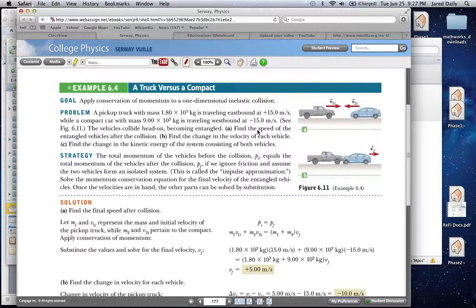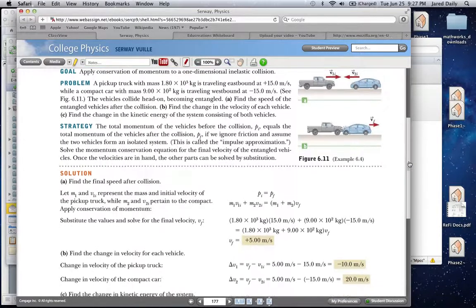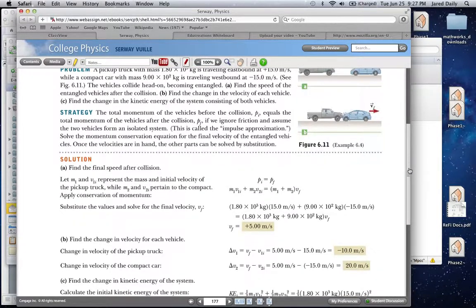Well, we assume that the truck's momentum is going to win out, because the truck's momentum to begin with is much bigger than the car's momentum, going in the right-hand direction. That's what happens. But as far as equations go, since this is an inelastic collision, they stick together and become one object, so we have momentum initial equals momentum final. So we